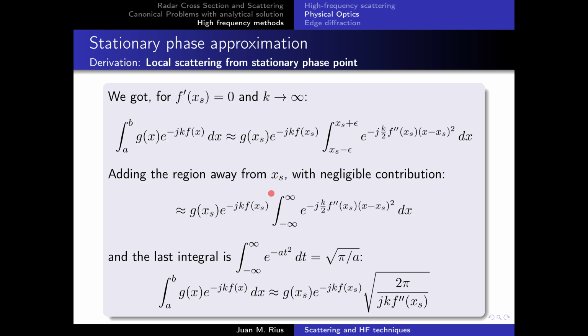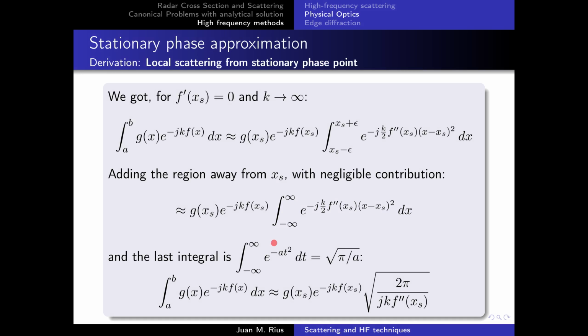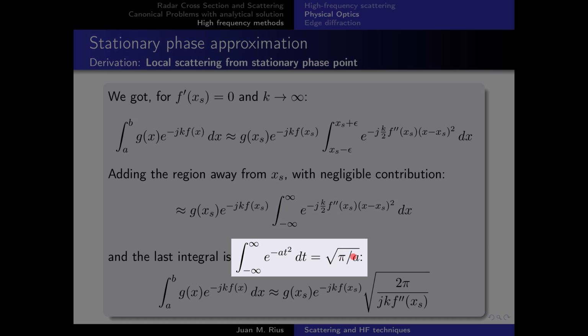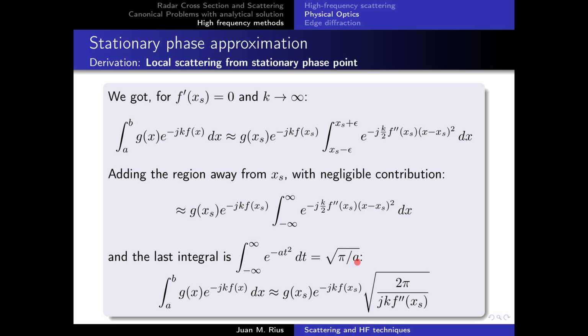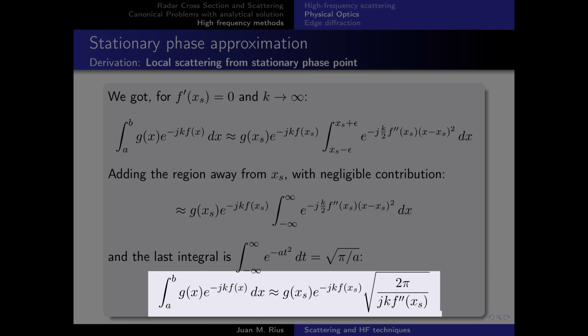Now this integral has an analytical result that is just the square root of pi over a, where a is the constant multiplying the variable squared. Essentially here a would be j k over 2. If we replace a by k over 2, we get this. And with the part that we have taken out of the integral, we get this high frequency approximation of the physical optics integral. This is called